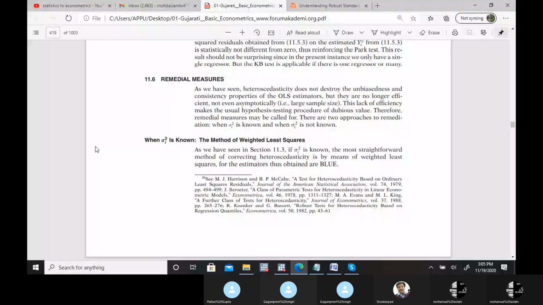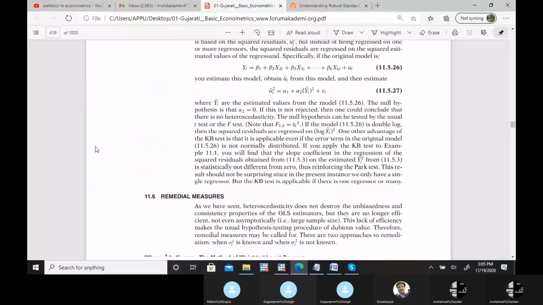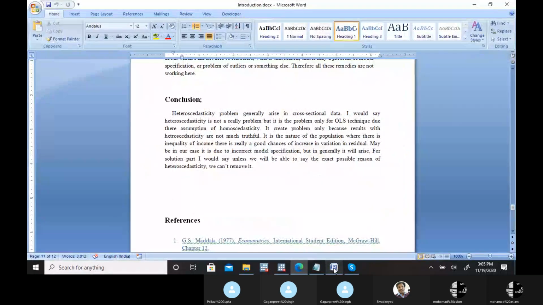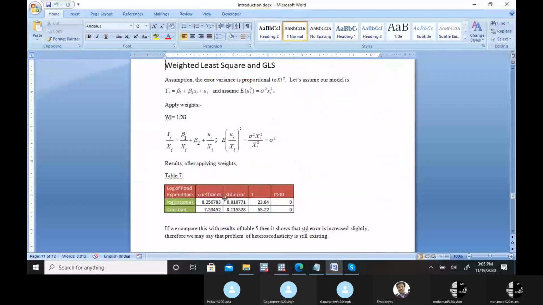Sorry, not the remedial measure, but we did the detection part. And three of the methods which are given in the Gujarati, we are left with those. So first, let's complete those methods once and then come to the remedial part. So yesterday, for the detection,